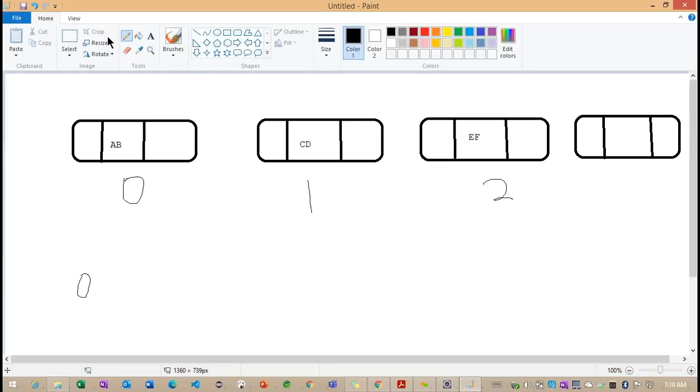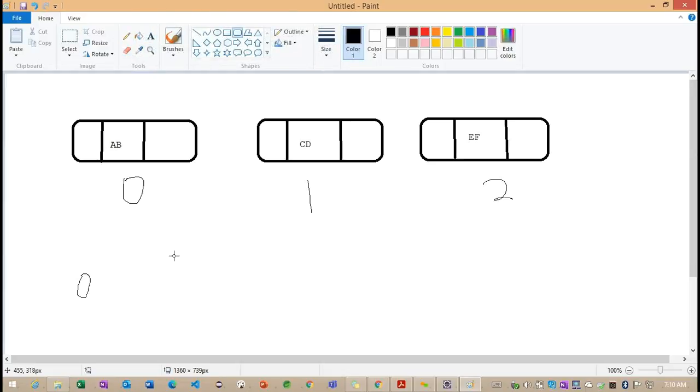Now what are you understanding here? Let me erase this particular section. Right.